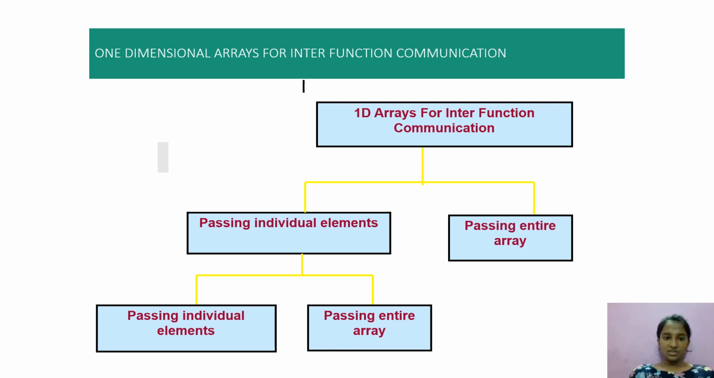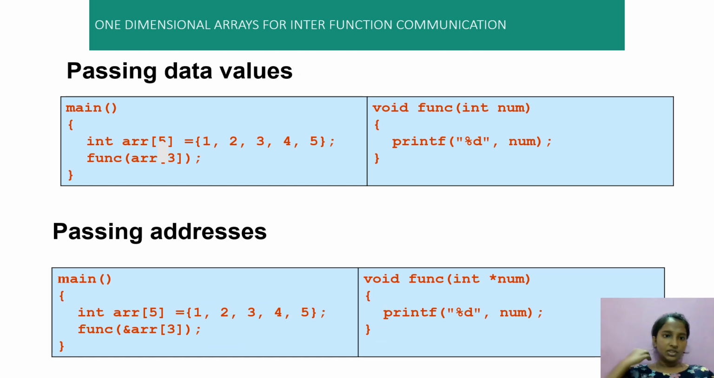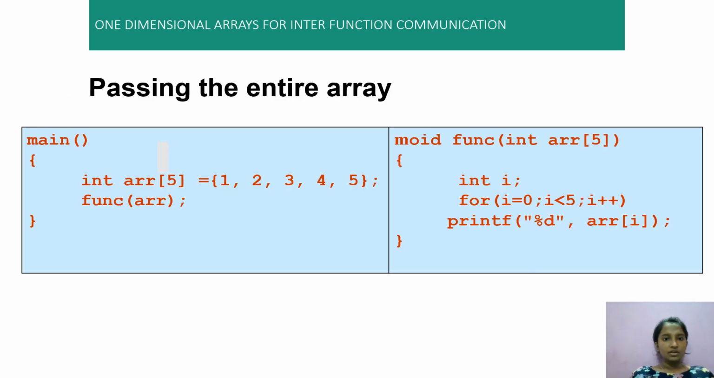Passing individual elements is divided into passing individual elements and the passing entire array. Here, some of the examples are given, like passing data values and the passing address, and the passing of the entire